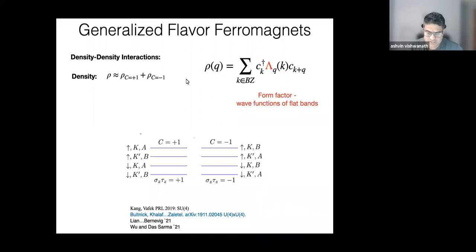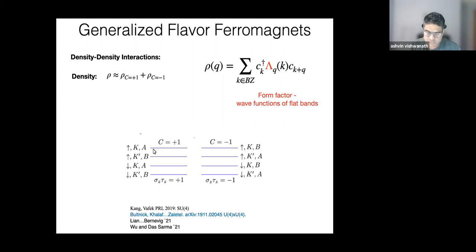Okay, so to just give you a flavor of what the interaction problem looks like, you have these density operators. You have density-density interactions with a screened Coulomb potential. The density is projected into the flat bands, and that's where the wave function of the flat bands appears, and they're hidden in this form factor, and that knows about the special properties of the flat band wave function. And because of the sublattice polarization, it's sort of like the density breaks up into a density operator for the plus and the minus Chern bands. And that's perfect. This splitting is perfect in the chiral limit, and it's approximately true even away from it.